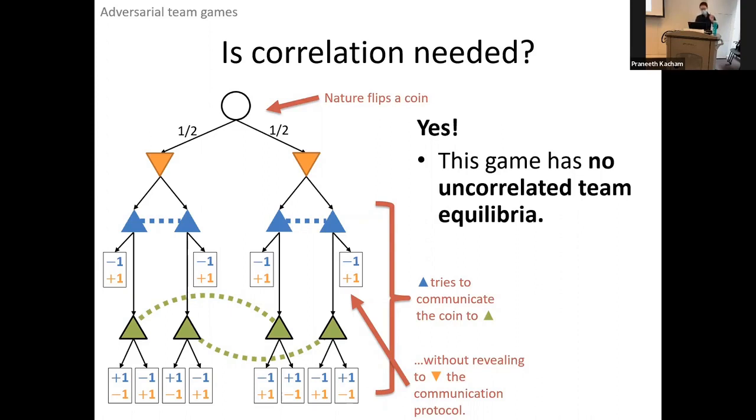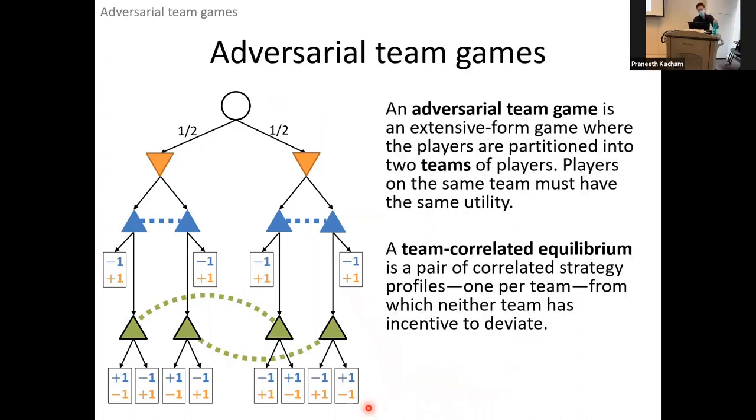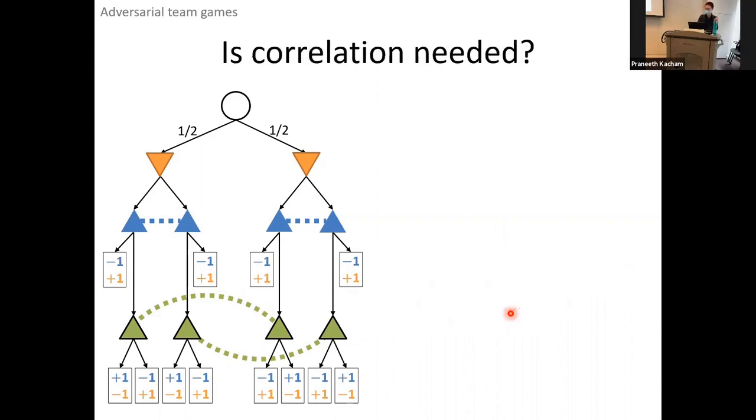There's something key here, and that is on the previous slide, I said no team is allowed to deviate, not no player. If everybody plays independently and uniformly at random, no player will have incentive to deviate. That is true, but that is not enough for it to be a team equilibrium. We need no team to have incentive to deviate. And if everybody plays half uniformly at random, then blue and green can establish a communication protocol where blue always chooses the same communication protocol. With orange's strategy fixed, blue does better by doing that. Blue and green together do better by simultaneously shifting to one side or the other.